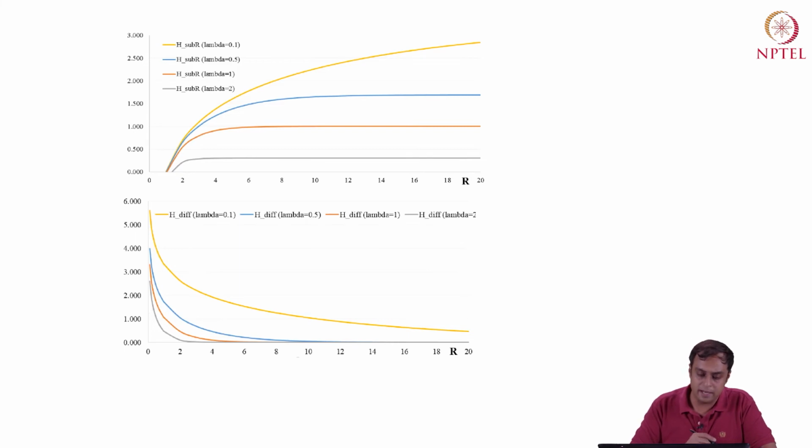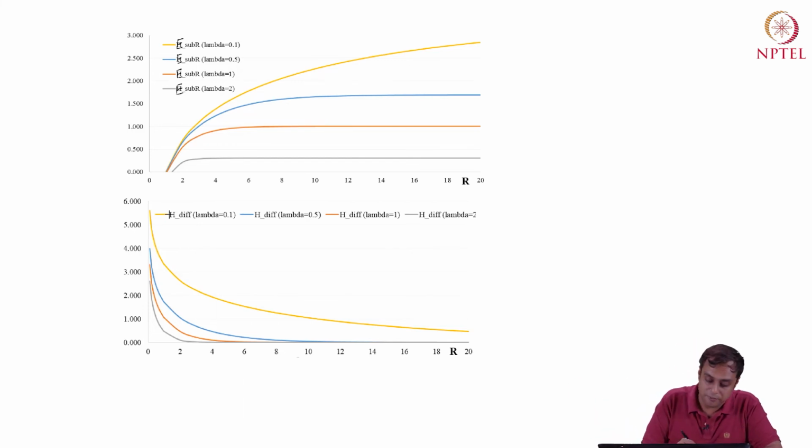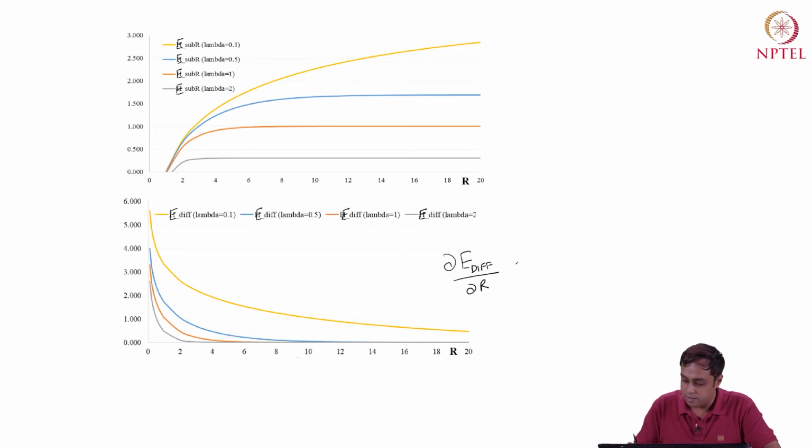So first of all, I'm looking at ER. Sorry about the notational goof up. These are all E sub R plotted as a function of capital R. So this is the entropy captured as I increase the size of the city. The entropy captured goes up as we increase the size of the city, whereas this difference comes down. So del E diff by del R, as I said, will be a negative entity, right? So this is nothing but del E diff by del R less than 0, right?